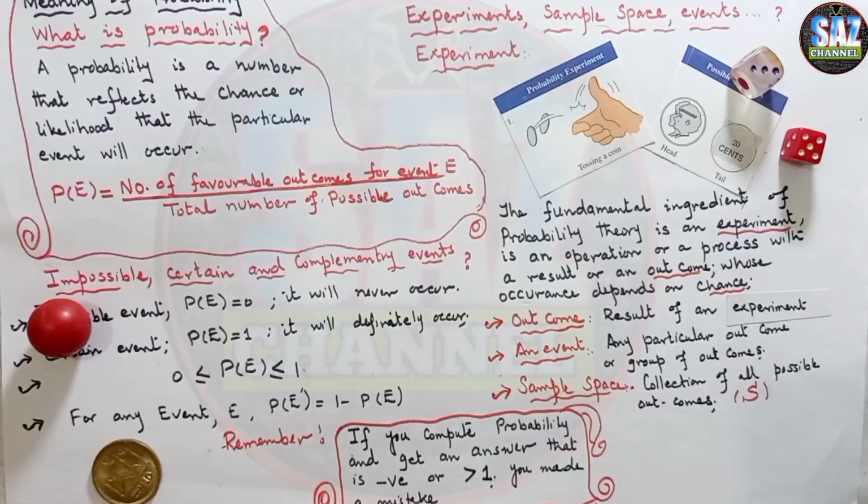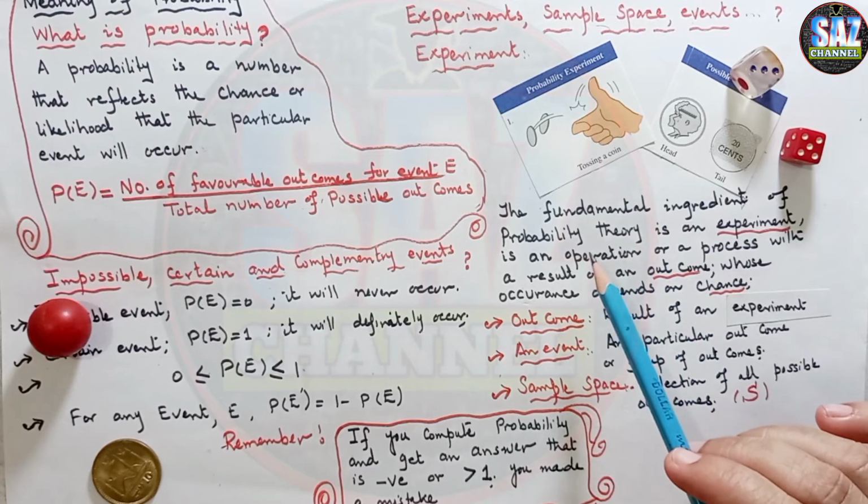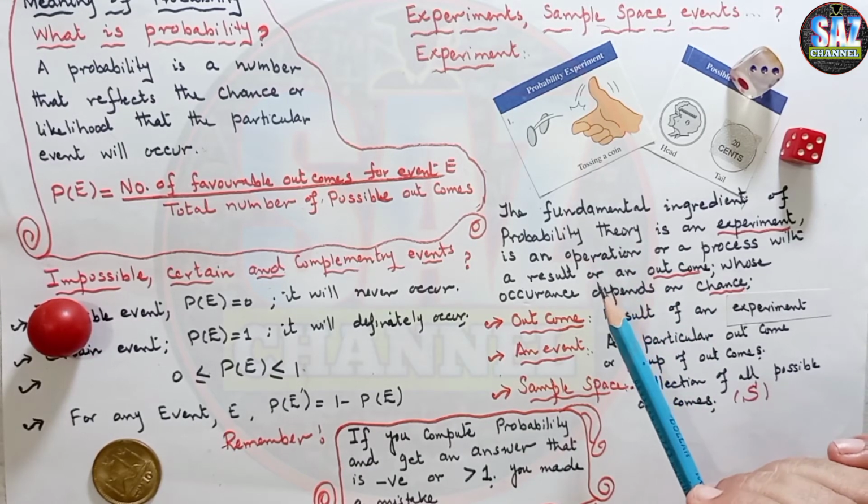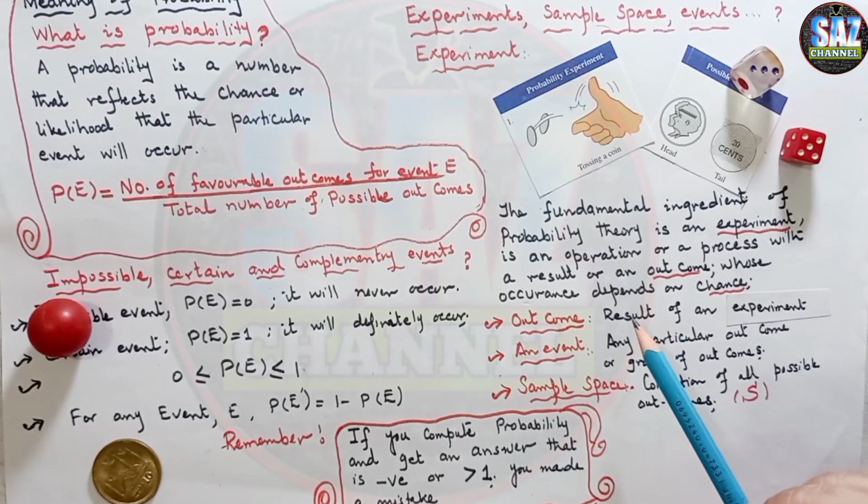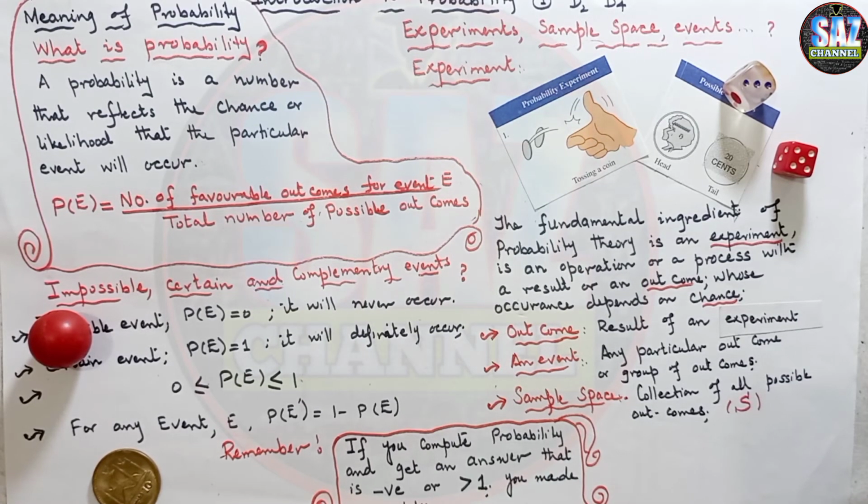I hope you are clear from today's lesson what probability is. Probability means the chance of happening or non-happening of something, and the formula for the probability is favorable outcomes upon the total possible outcomes. Experiment is the operation or the process that ends with a result or outcome, and sample space is the set of all possible outcomes. Please, for the better understanding of the next lesson, watch and understand these all terms and keep them in your mind so that you can understand the next lesson easily.